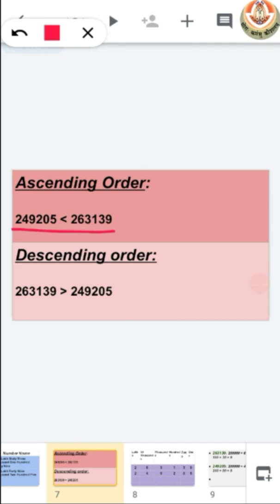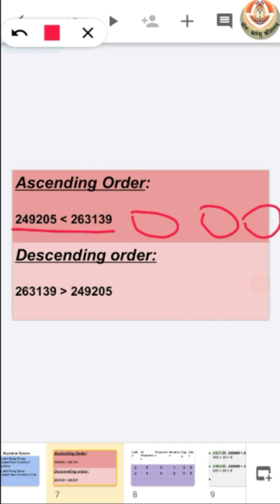But when you have 5 pin codes, you have 5 numbers arranged in ascending order. And now you have to place them in descending order also. As you place them in ascending order, just the opposite is the descending order of those pin codes.